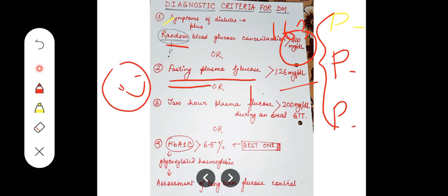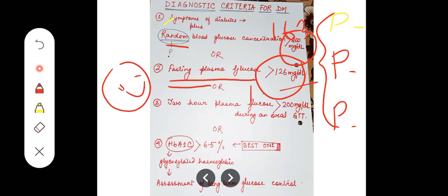Random blood glucose in this case is less than 200, that is 163. That means the patient is not diabetic. Of course, the patient is having the symptoms of diabetes, but this random blood glucose less than 200 is suggesting that the patient is not diabetic. Now again, in the same patient, the blood test report is showing the fasting blood sugar is more than 126. Understood? So isn't it a paradox? Because the fasting plasma glucose is showing you that the patient has diabetes, whereas the random blood glucose concentration is suggesting just the opposite.